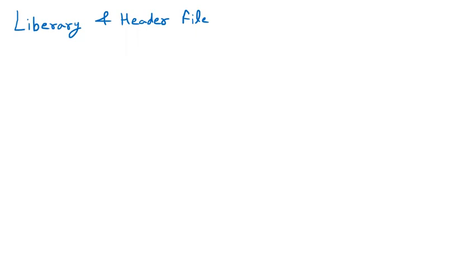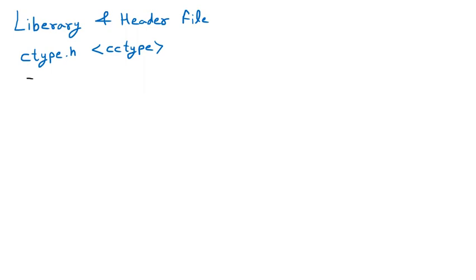Now we are going to discuss various types of library and header files which are there in C programming. The first type of header file we have is ctype.h, and there is another name for this one, that is cctype. Well, both names are the same. We can use any name. So now, talking about the ctype header file.